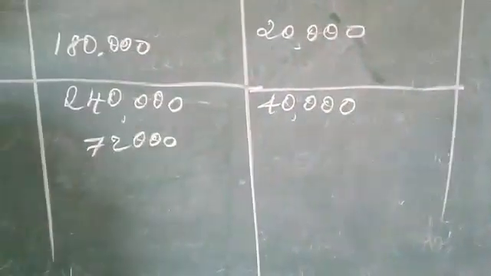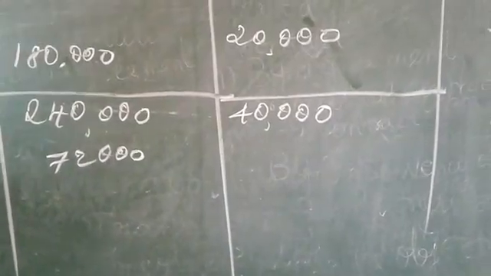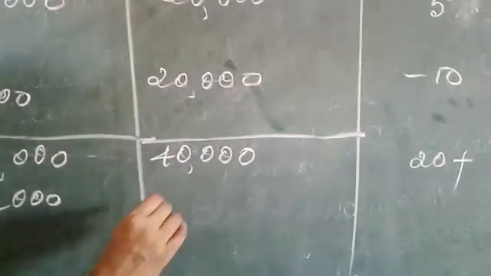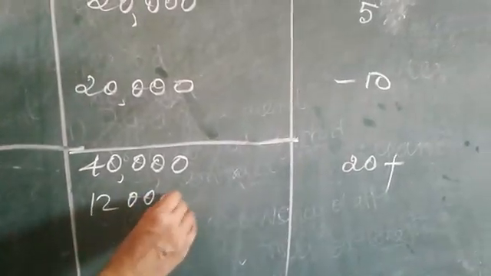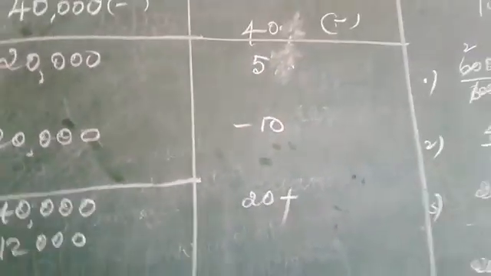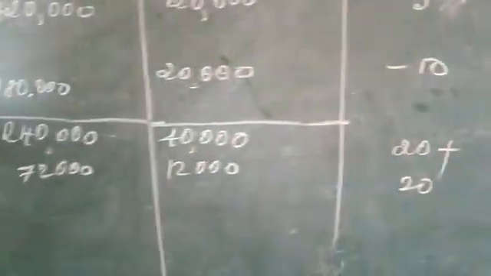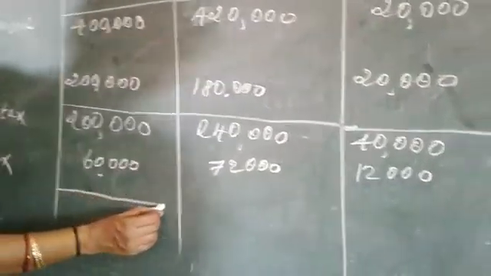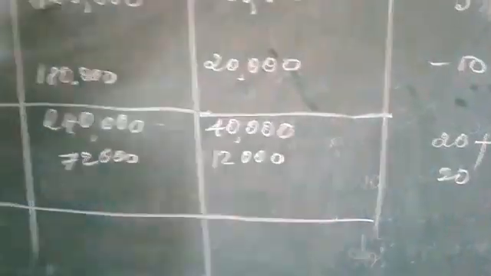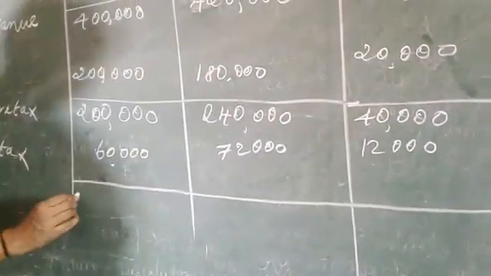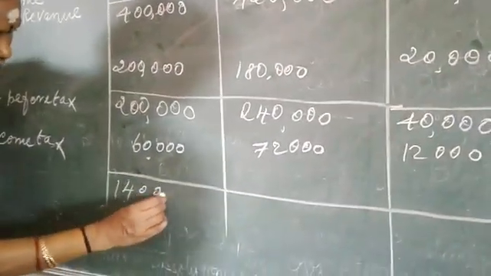Can you tell me the increased or decreased value, how much? Yes, you deduct and say, 72,000 minus 60. Yes, 12,000. Can you tell me the percentage? Yes, here also 20. Okay, then the last step, what you have to do? Income tax should be added or deducted? Yes, you have to deduct. How much? Yes, 1,40,000.